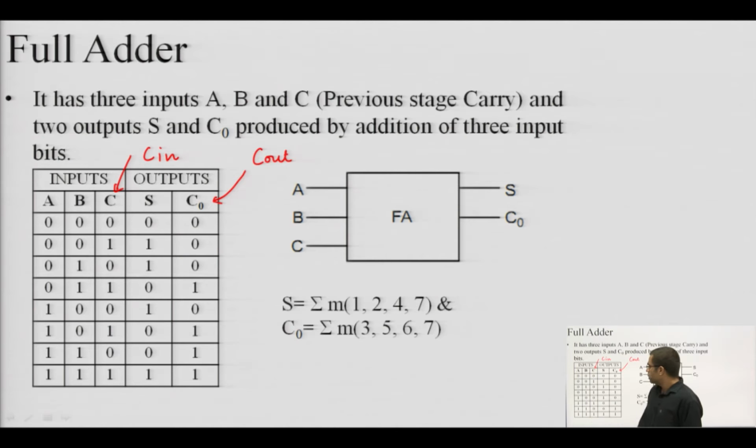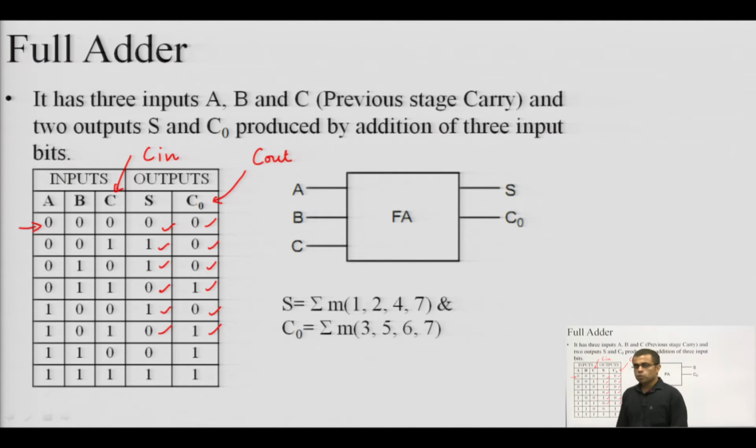So, let us start discussing case by case. 0 plus 0 plus 0, first case, sum is 0, carry is 0. 0 plus 0 plus 1, sum is 1, carry is 0. 0 plus 1 plus 0, next case again sum is 1, carry is 0. 0 plus 1 plus 1, this case we have already covered in half adder, for which sum was 0, carry was 1. Similarly, 1 plus 0 plus 0 is sum 1, carry 0. 1 plus 0 plus 1, that means again there are 2 ones. So, 2 ones means it is 2 in decimal and 1 0 in binary, that means 0 is sum, 1 is carry.